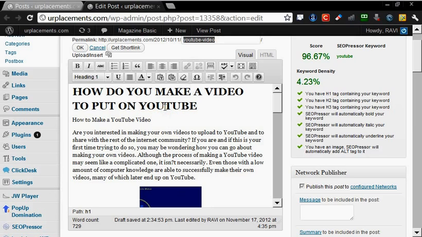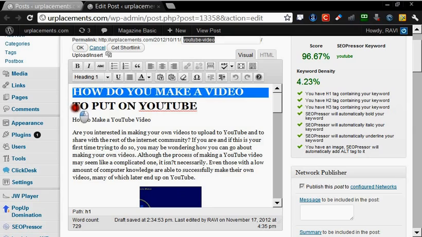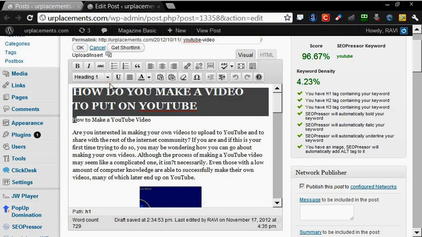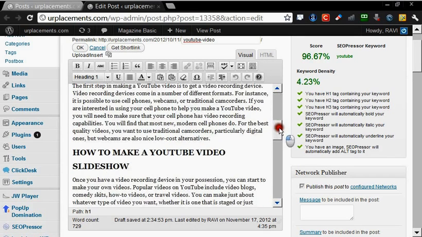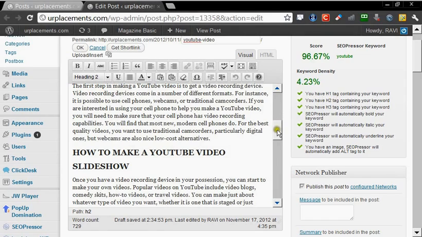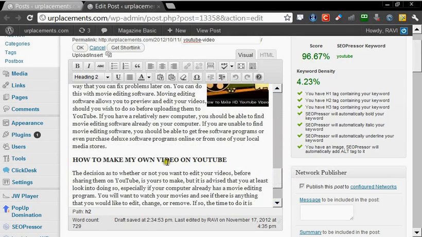Now once you do that, you got to select the font type as heading 1, right? You can see here, this is heading 1, this paragraph for the rest of the article, containing the keyword YouTube. Come down, you've got the second heading, once again containing the keyword, with the font type heading 2. You can see here you have the H2 tag. Similarly, you got to create a third heading, once again containing the same keyword, with the font type heading 3. So it will show you have H1 tag, H2, H3.